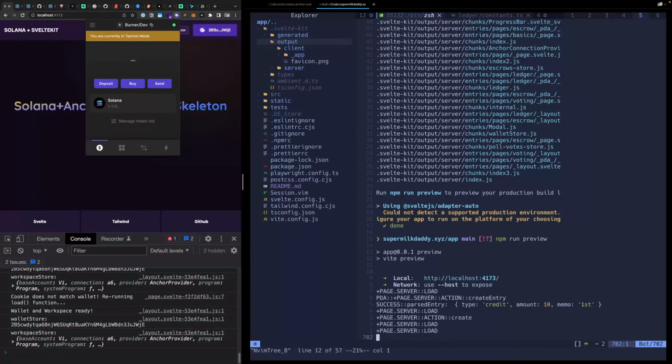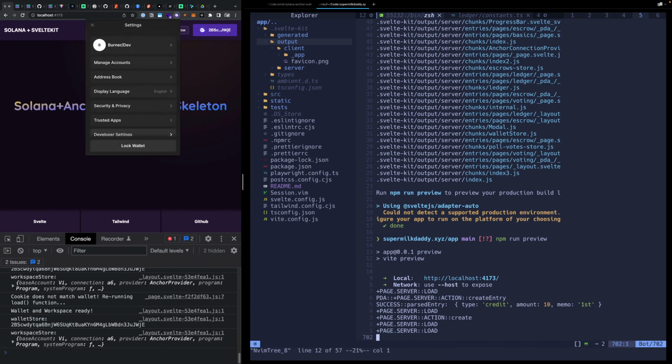So yeah, Phantom has changed some stuff. It's got this nice new little UI. One of the things though that I noticed is that in the developer settings, it no longer had localhost. That's kind of a pain, but not for today. DevNet worked because that's what we're moving to anyway, so sure, sounds good. Now it's in